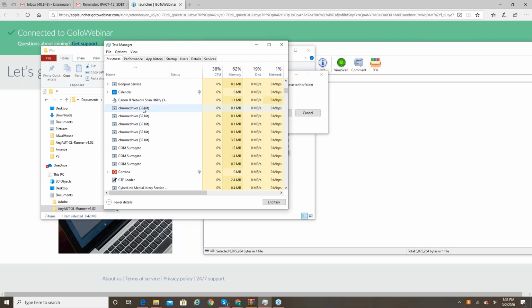Because each time you try to run your AnyAUT application, it was trying to launch this, but it was not working. So now we want to replace it with the latest one. And now just let me minimize this. I may need the task manager again. So I'll just minimize this. Let go of your mouse now. So here,